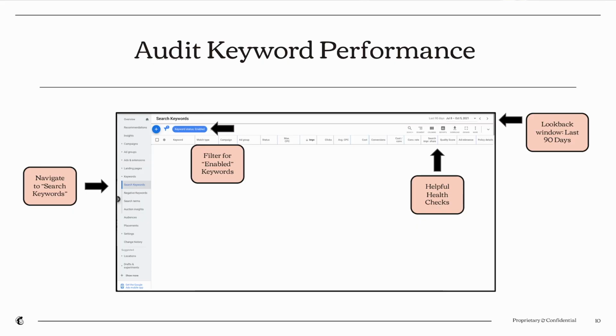You'll also find the columns that I've gone through already in terms of search impression share and quality score as those health check metrics. So here I would add in columns for impression share loss as a result of my budget, impression share loss as a result of my rank. I would also include my quality score metrics. You can pull in a column to talk about the expected click-through rate and if it's average, below average, or above average, as well as the ad relevance. So those are all columns that you can add into this view so that you can start analyzing your keyword performance.